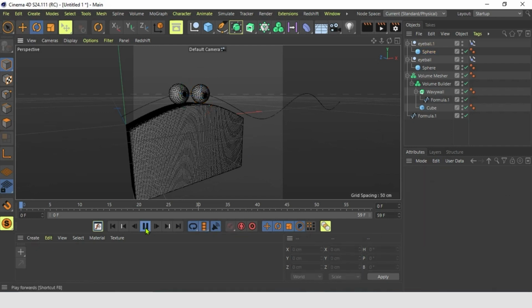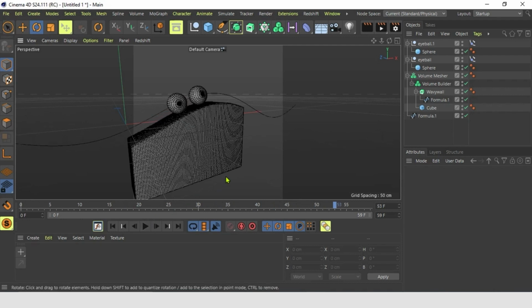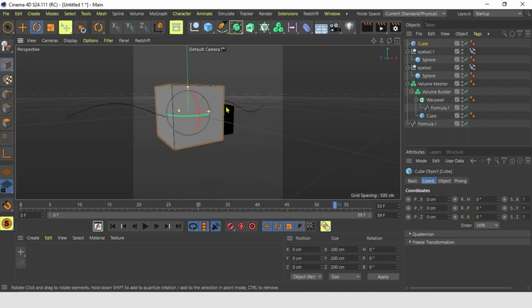If we go back now, we see that they are wobbling nicely and we get more of the feeling that they are rolling, and it just looks good. So that's pretty good. Now we are going to tweak the design of our wavy character, and after we will prepare it for render.